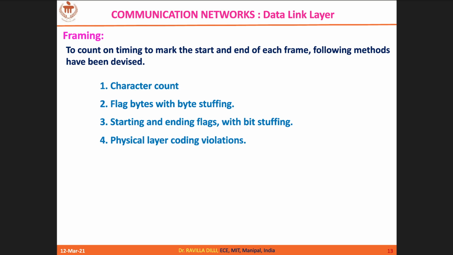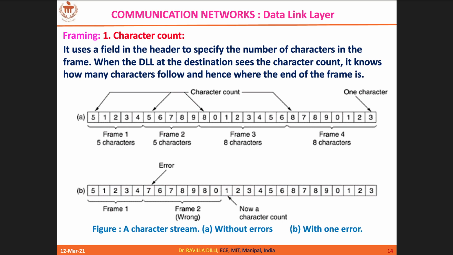So let us check how we can do that. The incoming data for us is a packet from the network layer. Now we are trying to make it into frames, and how can we achieve that? There are 4 such techniques: character count, flag byte with byte stuffing, bit stuffing, and physical layer coding. So let us check the first one, the character count. You can see here there are some numbers, right? 5, 1, 2, 3, 4 in the figure I am talking about. All this is the frame content.